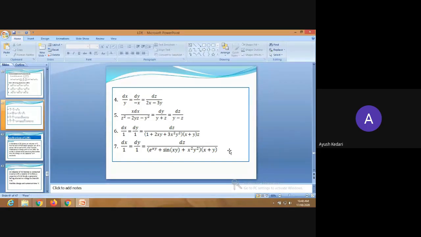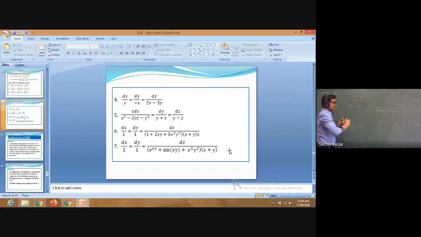So first solution we got, isn't it, by method of grouping. Now we are trying the second solution. To get the second solution, first of all, I'm choosing the set of multiplier as y and x only for first two ratios, such that each of these ratios is equal to the new fourth ratio. So what is that fourth ratio? By selecting y and x as a set of multiplier for first two ratios, the ratio becomes y into dx plus x into dy upon y into 1 plus x into 1, isn't it?